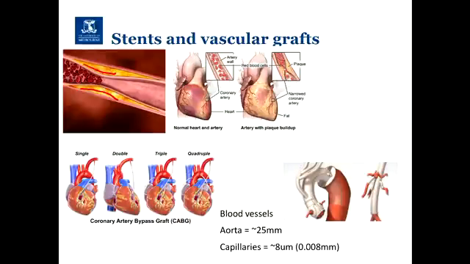But then you'll see what happens here if you get plaque build up in these tiny little blood vessels. That's when someone might need a bypass. A bypass here is an example. If it's a single, double, triple, or quadruple, you're taking blood from the aorta, bypassing and going into the chamber of the heart. So it's bypassing some of the other blood vessels and going in. So you're still getting blood flow.